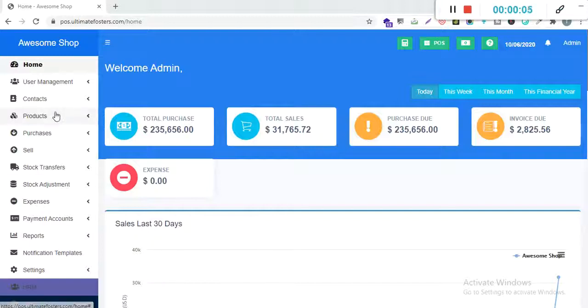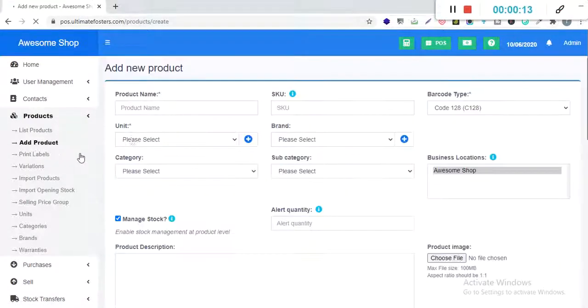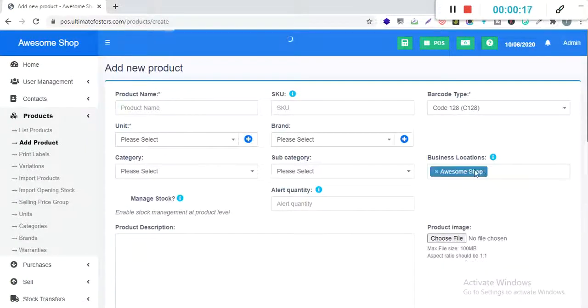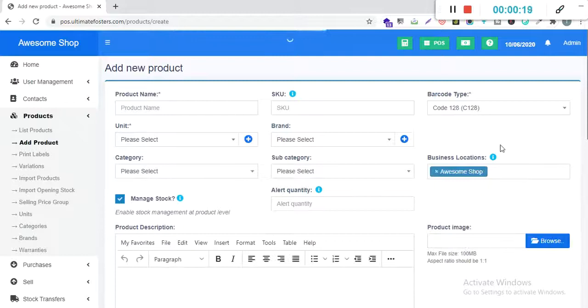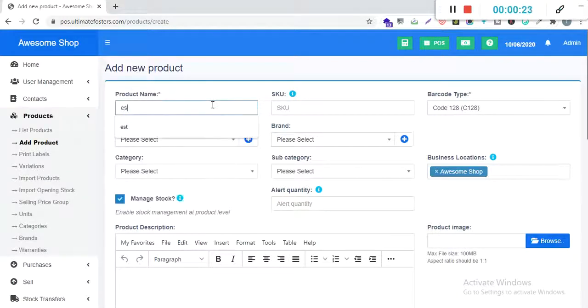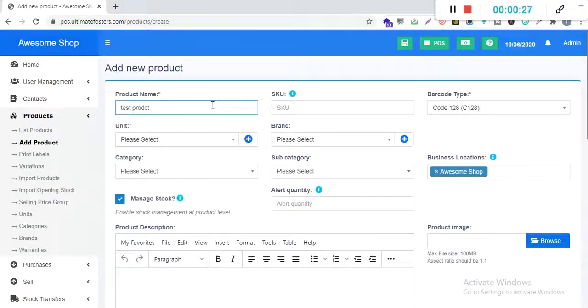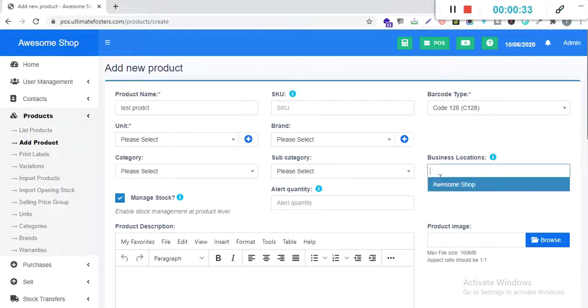In today's demo, we will look into assigning products to a particular location. So if you go into the products, inside that we have an add products option. In the add products, we have an option to select different locations where this particular product is available. So suppose you are adding a test product here, and you want this product to be only available in this particular location, then you can